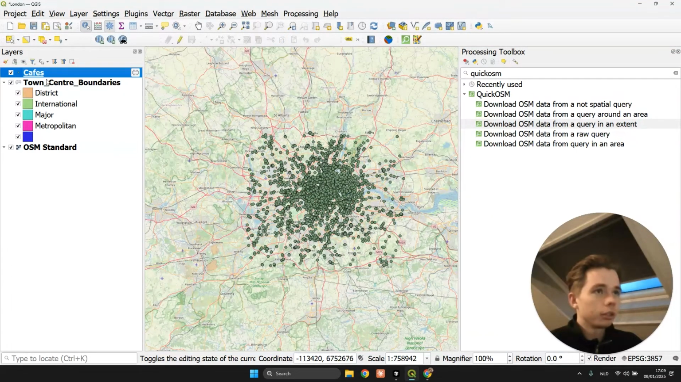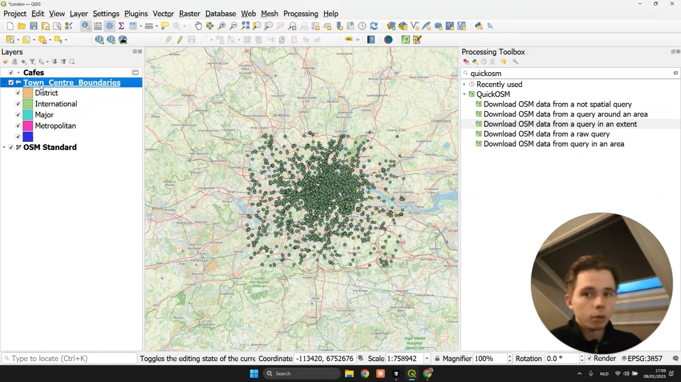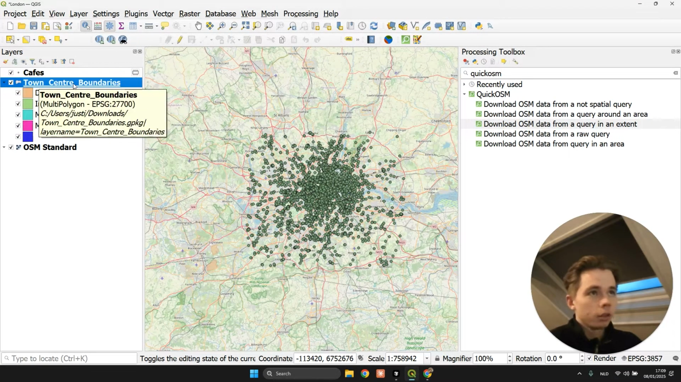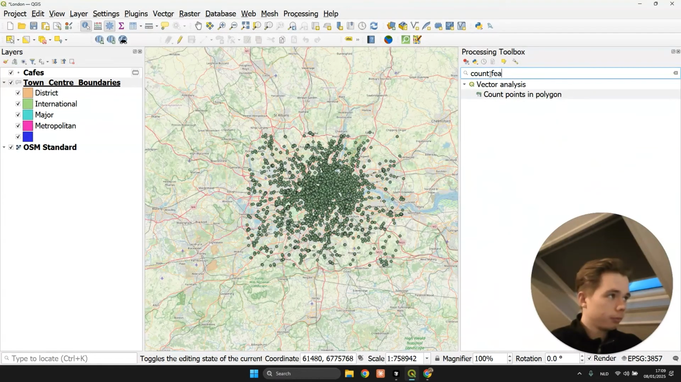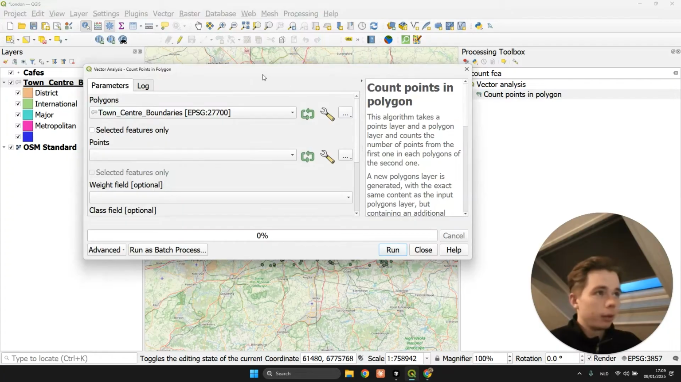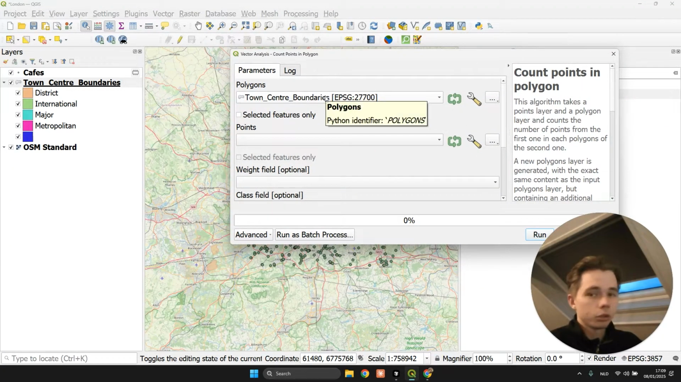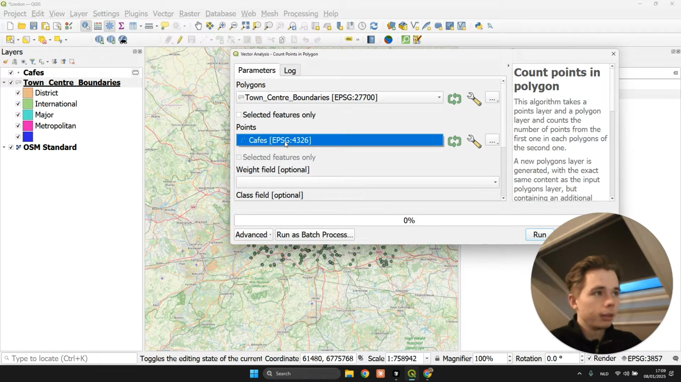Now what I want to do is check for how many points are in each boundary, how many points are in each district. So what I will do next is I'll go back into the processing toolbox, and I'll select count points in polygon. And what I can do now is I can select our polygons, our town center boundaries, and I can click